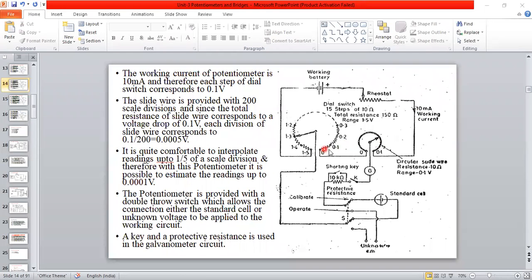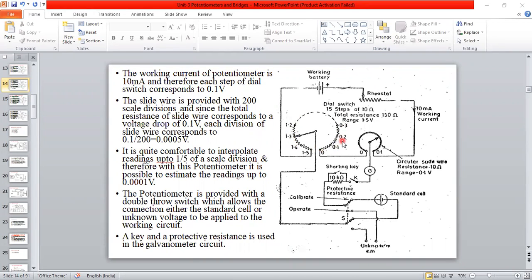So it is varying by 0.1. Next, from 0.2 minus 0.1. 0.2 minus 0.1, what is the value? 0.1. So for each dial, the difference is 0.1, like 1.2, 1.3, and so on.